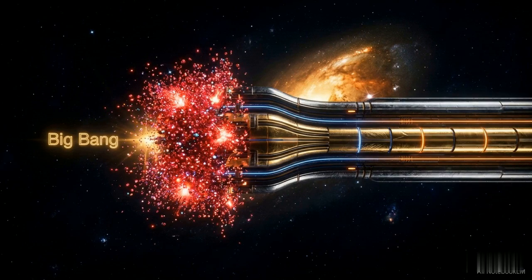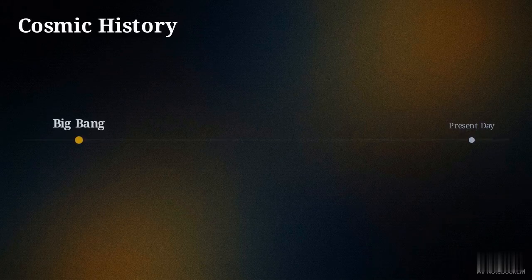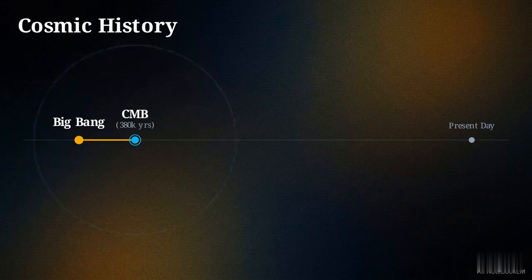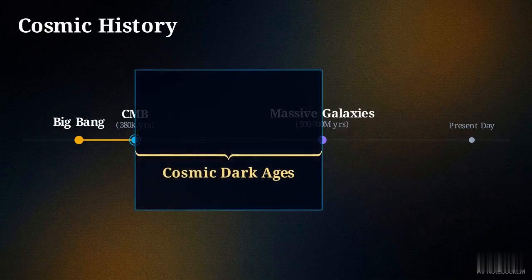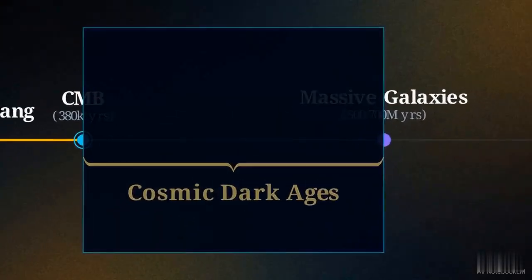This gap is the cosmic dark ages. It is a period lasting hundreds of millions of years where absolutely no visible light existed. Instead of glowing stars, the universe was filled with a cold, expanding fog made almost entirely of neutral hydrogen gas. It was pitch black. This creates a severe forensic obstacle.